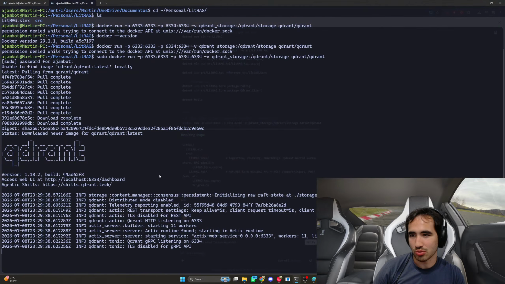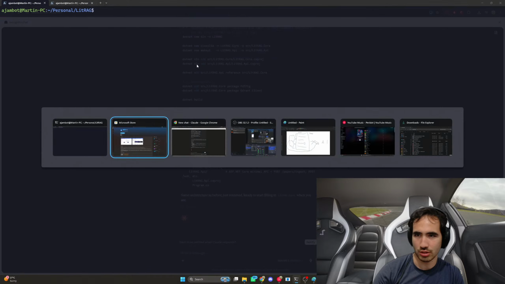I don't even think I needed to install Docker Desktop. I think I could have just done this, but whatever. I think it's done. So now that that's running,